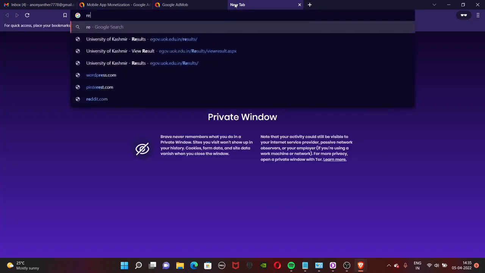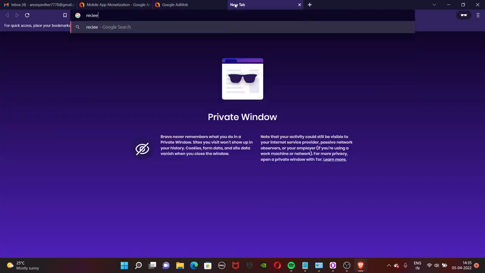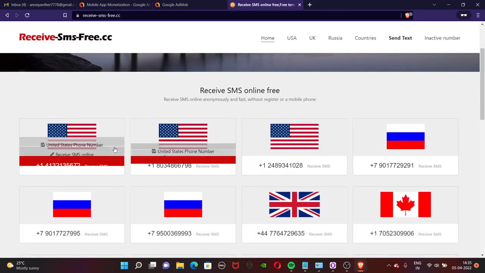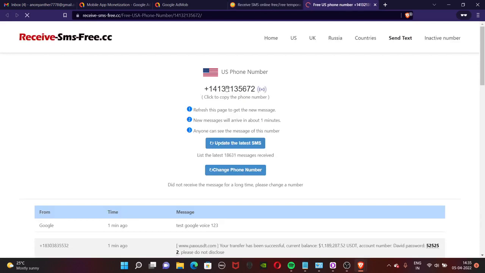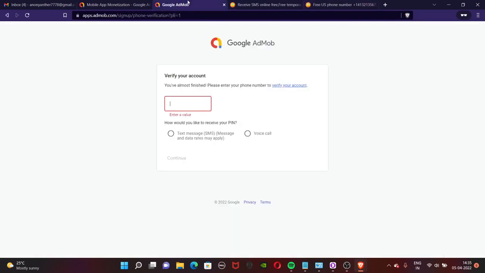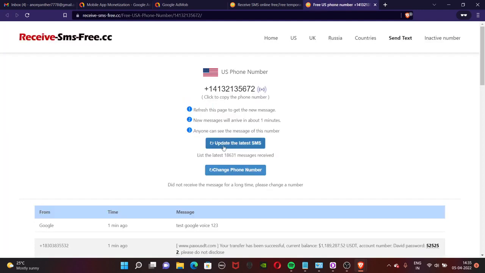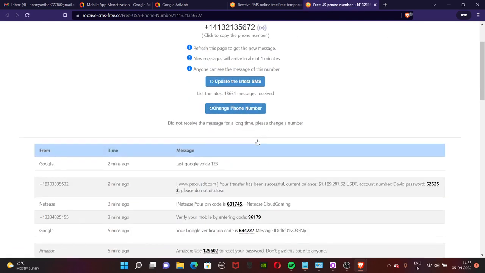So here you have to go to this website, receive SMS free.cc, and select any number. Now click on this number and it will copy it. Now go here and paste it, and now click on text message and click on continue. It will send a verification code to this number. Now click on update the latest SMS and wait for some time. Our OTP will be delivered in just